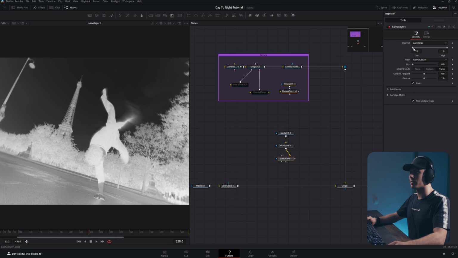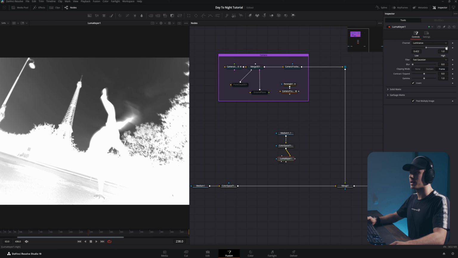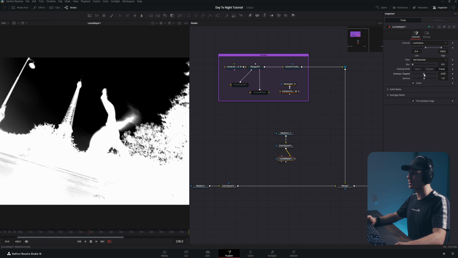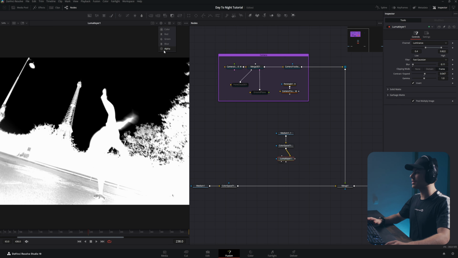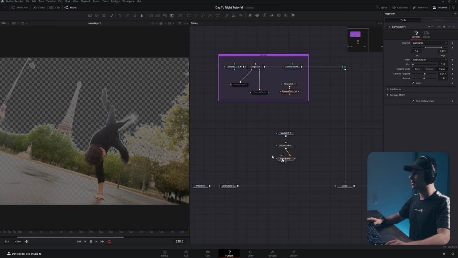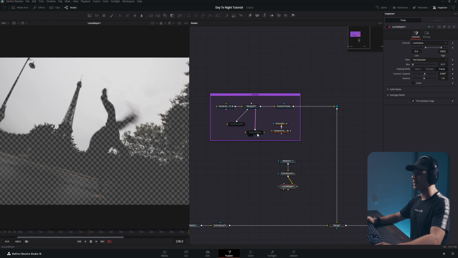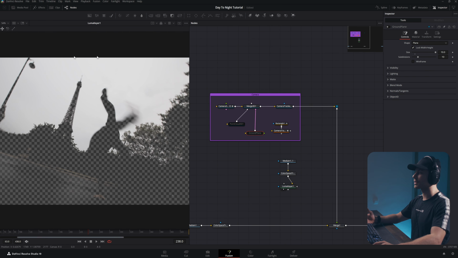Okay, and now when we clip the low value here and the high value, you can see what this is doing. You can also contract or expand the edges like this and blur it out. But be careful with this blur setting here, because sometimes it can look a bit too blurred. Now go out of the alpha and let's invert this. For now, let's leave this as it is, and now we will work on the 3D background, so the background